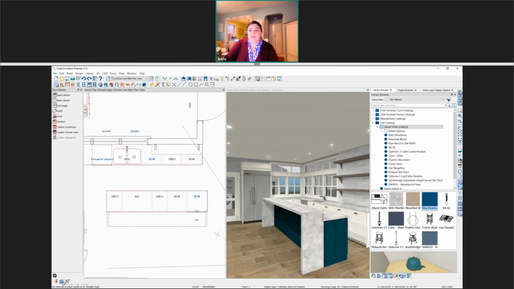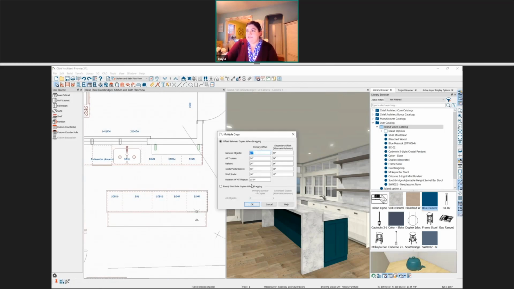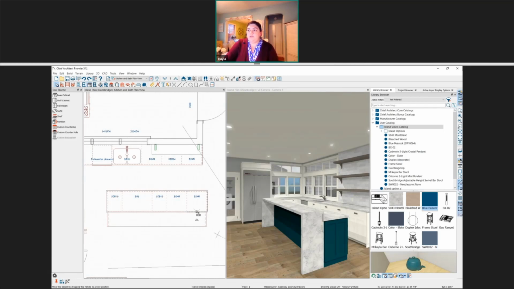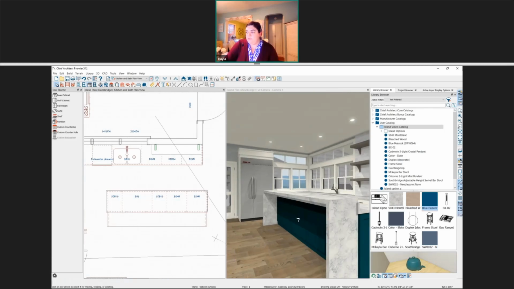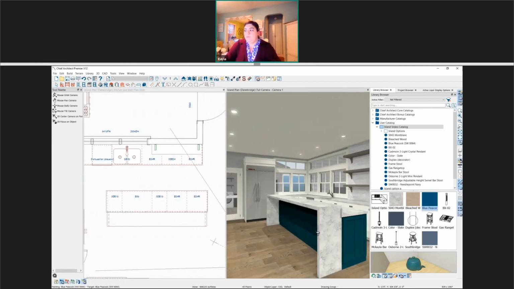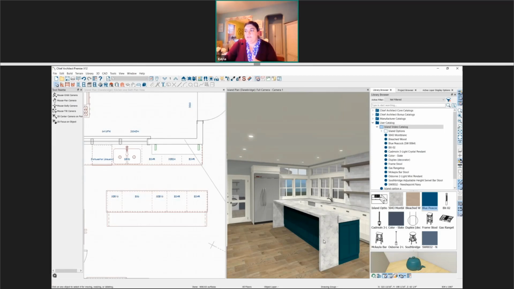We want to double check the interval that we're going to be copying this. So 24 inches is exactly what I want. So when I hover my mouse right over top of this edit handle and I click and drag, every time I move a little bit further, it's going to create another one at a 24-inch on center interval. So there you can see all of the panels that we've created along the back. So this is a nice way for us to evenly distribute those panels pretty quickly.